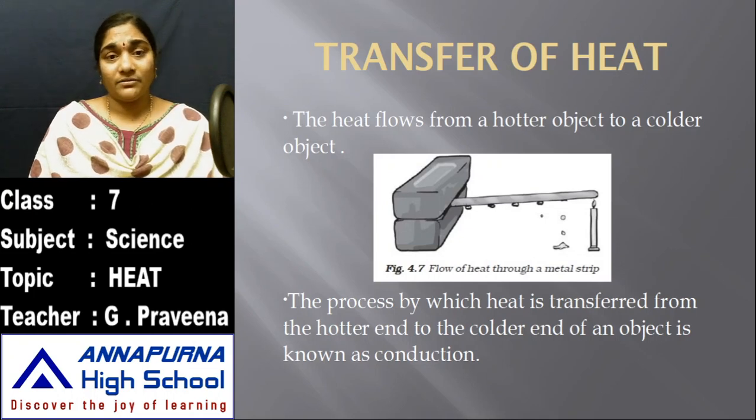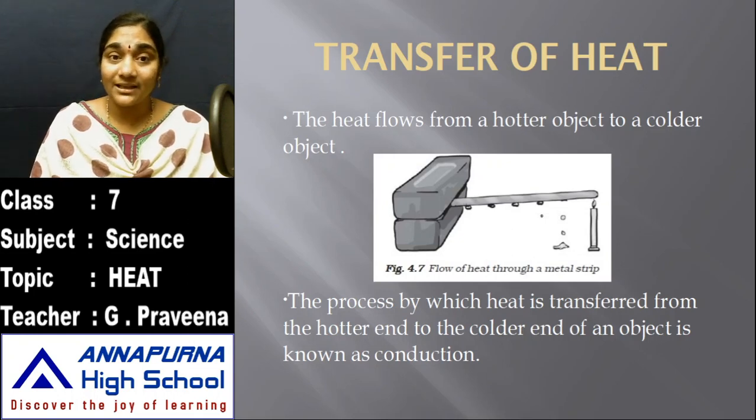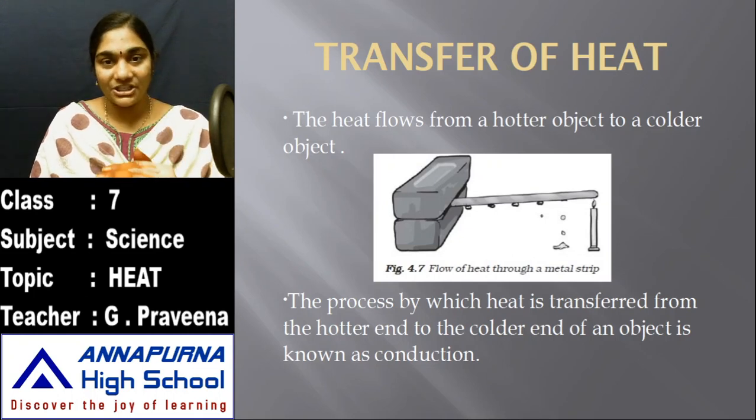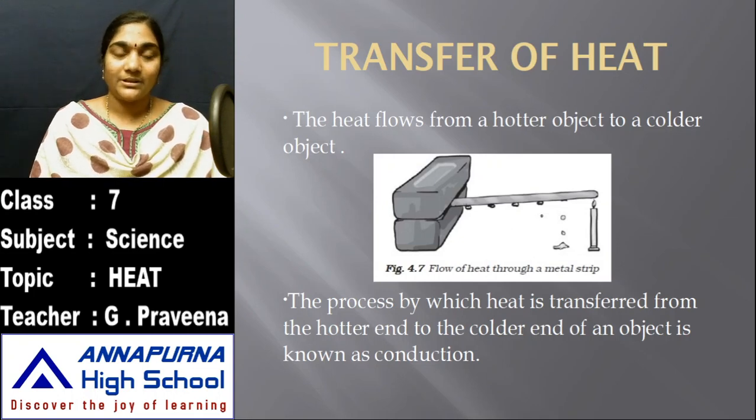And when you take the pan out from the flame and keep it aside, you can see that it becomes cool after some time. The reason is that the hotness of that pan is being given out to the surrounding. So what are you observing there? The heat is being transferred from one to another. When you keep the pan over the stove, the heat from the flame is reaching the pan. When you keep the pan away from the flame, the heat from the pan is moving on to the surrounding.